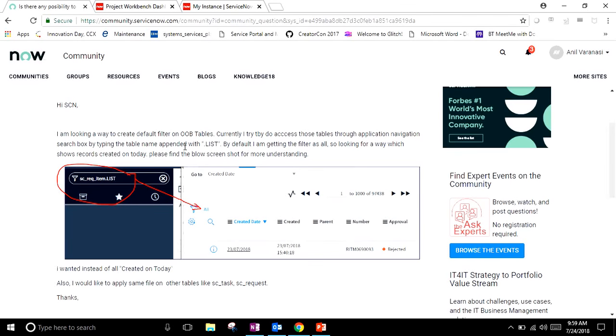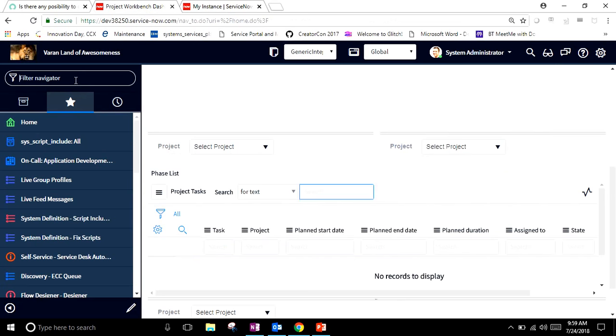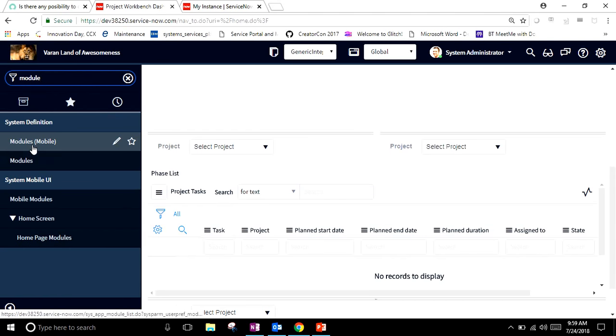Hi, this is in response to a question on how to create a filter on the out-of-the-box tables. So in order to do that, the first thing you have to do is go to your instance and try to create a module, right? And so when you create a module,